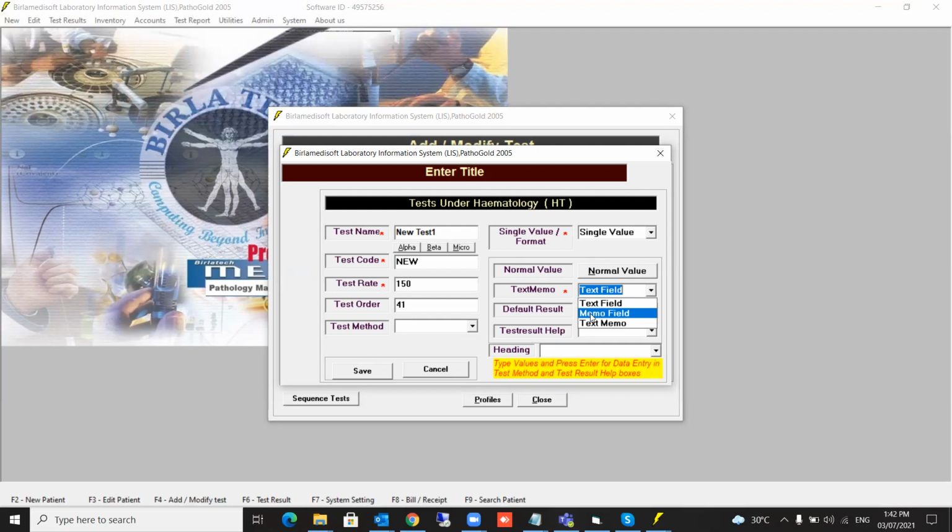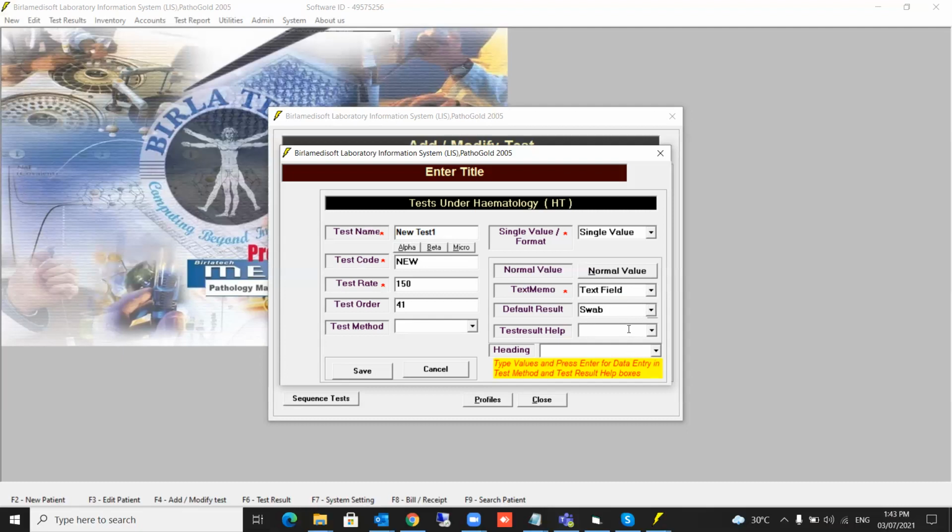Okay, so like that, first we will take a text field. Under text field we will do it. Now if you want to type something, something should come up by default. Something should be written. So you can type like this. I will just write over here, method. By default, swab will be written over there like that.